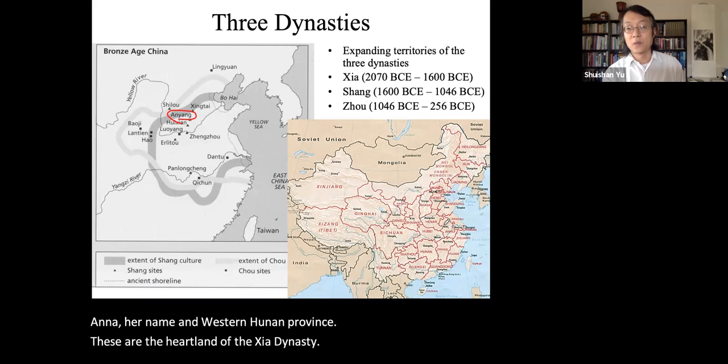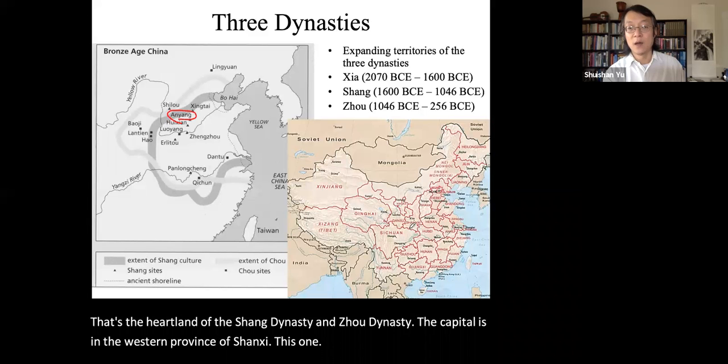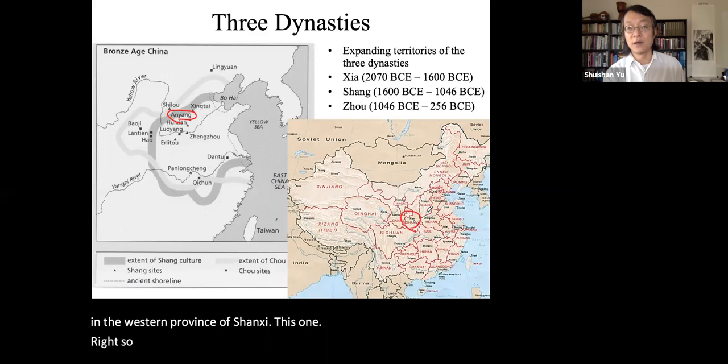And eastern and northern Henan province, that's the heartland of the Shang Dynasty. And the Zhou Dynasty, the capital is in the western province of Shaanxi, this one, right? So, so far, these are the